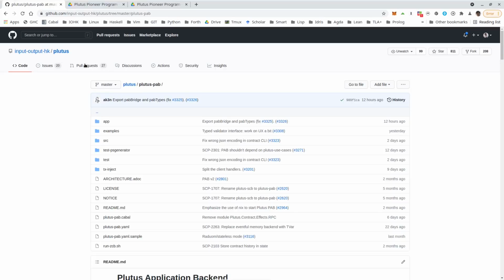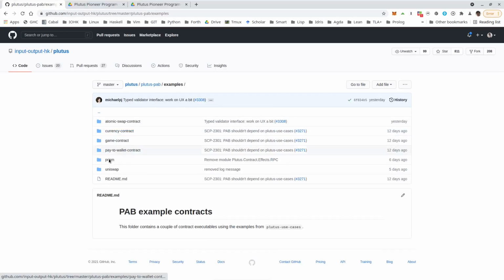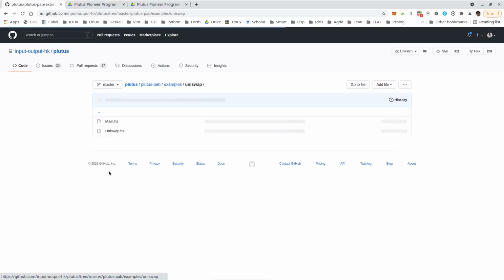It's in the Plutus PAB library, and there in the examples folder. So there's a Uniswap folder that contains the simulation monad part of an example of how to do that. And I took this and copied it into our Plutus Pioneer program repo and slightly modified it to make it more suitable for what I wanted to show you.